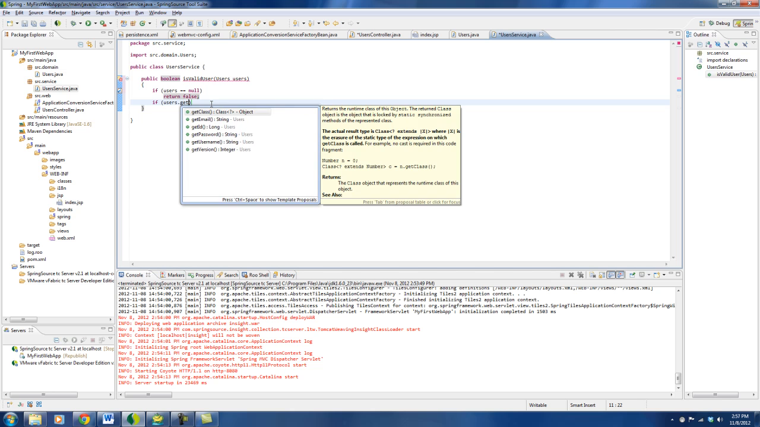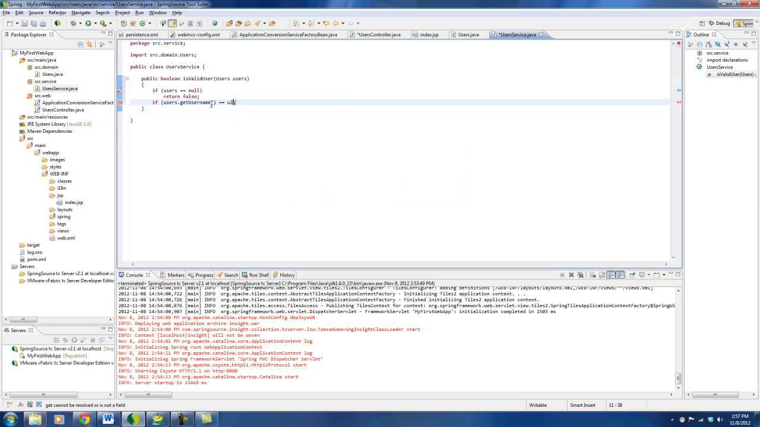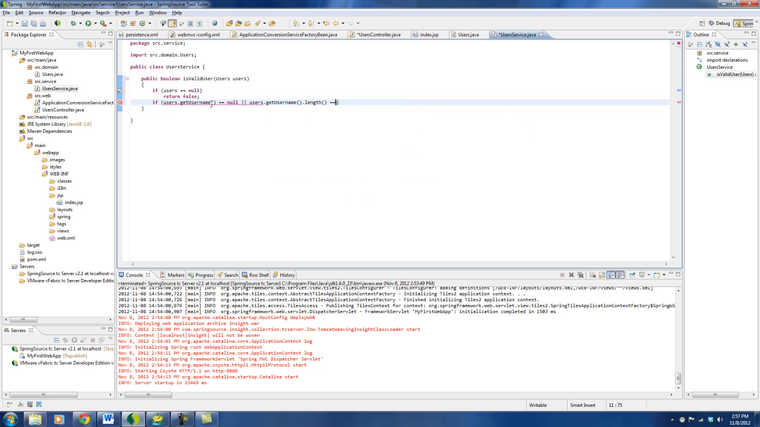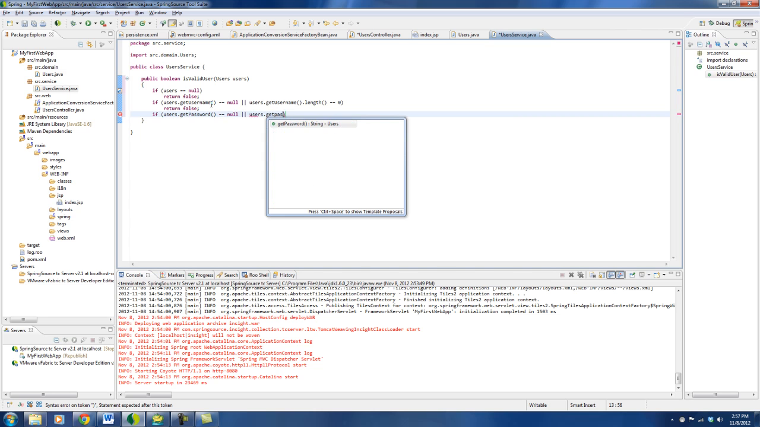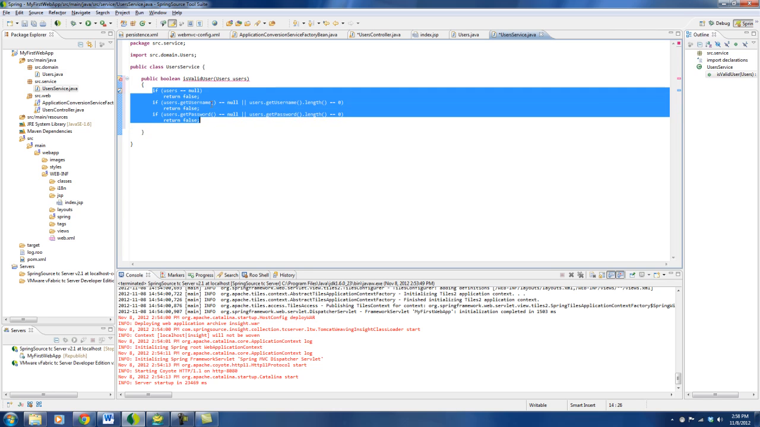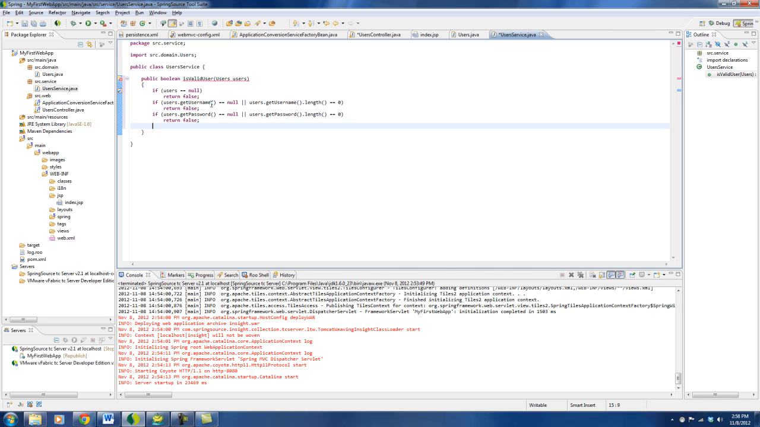If users.getUsername equals null, or let's say they don't enter a username at all, dot length equals 0, return false. And you can do the same thing for password. Get password equals null, then return false. That's some basic validation on the object to make sure it's got some actual values that we can use. And since we've sanitized that and it looks good,